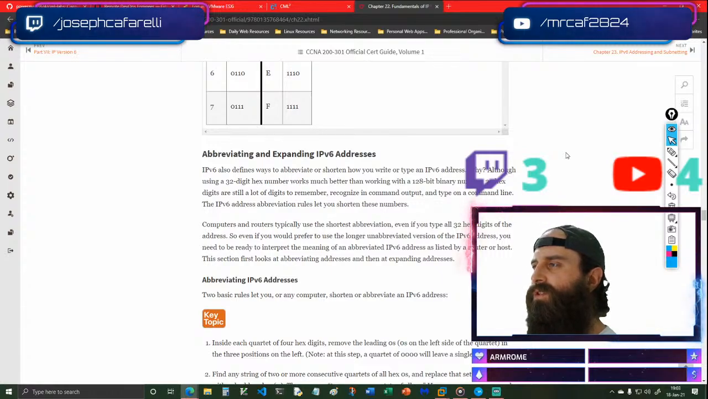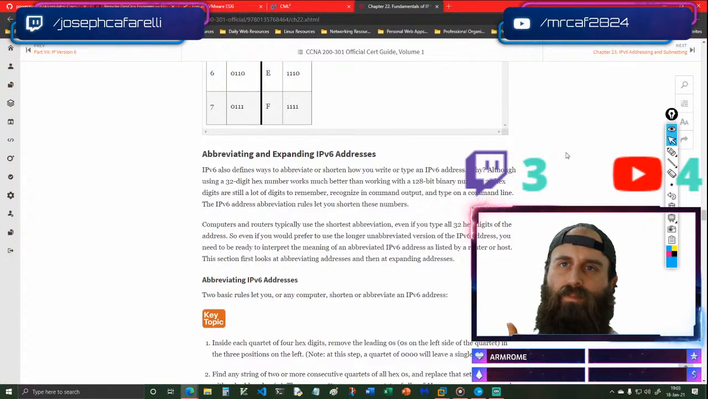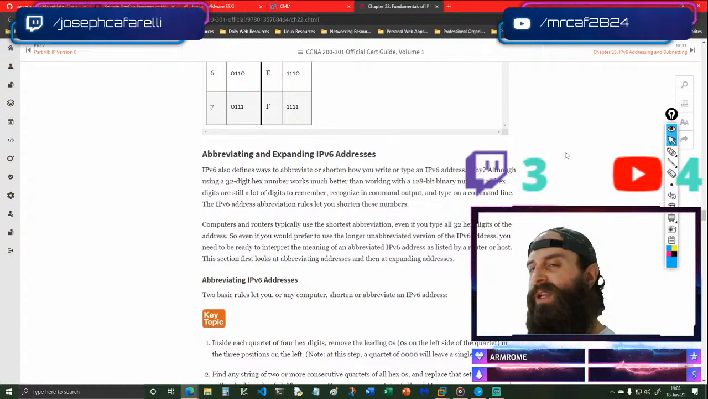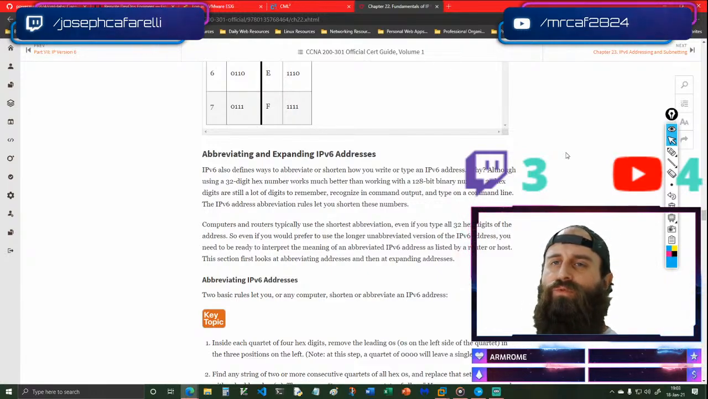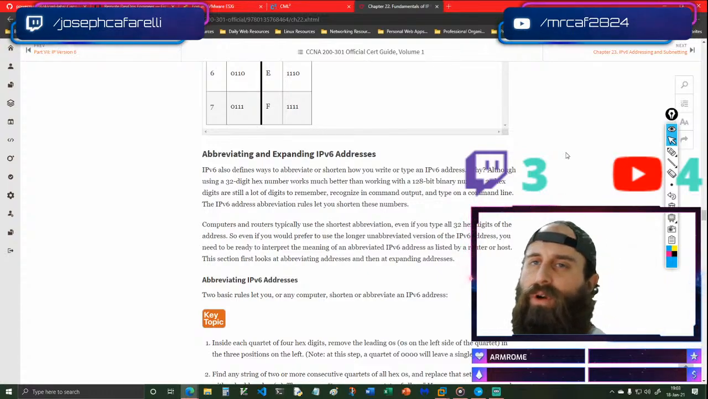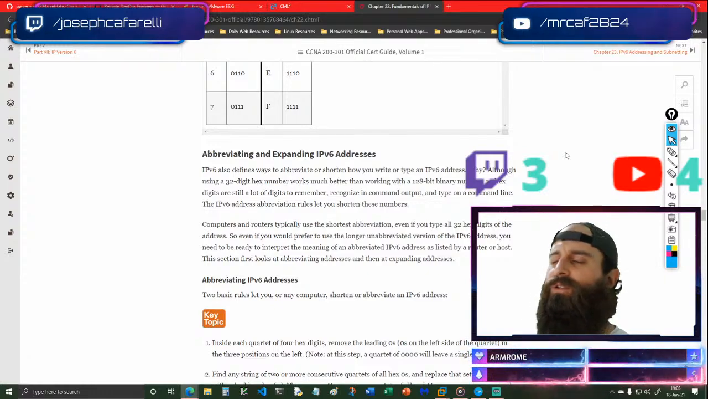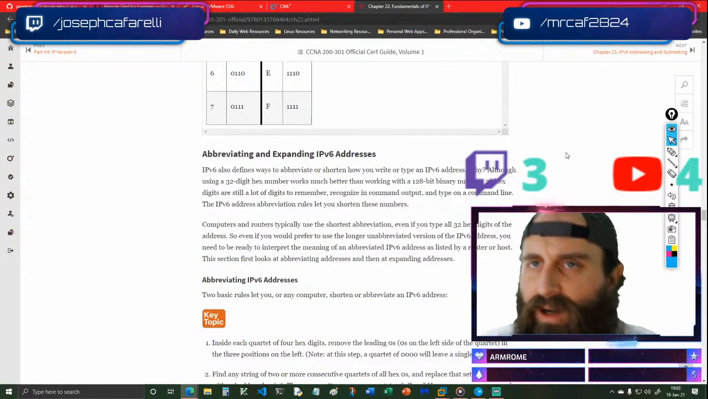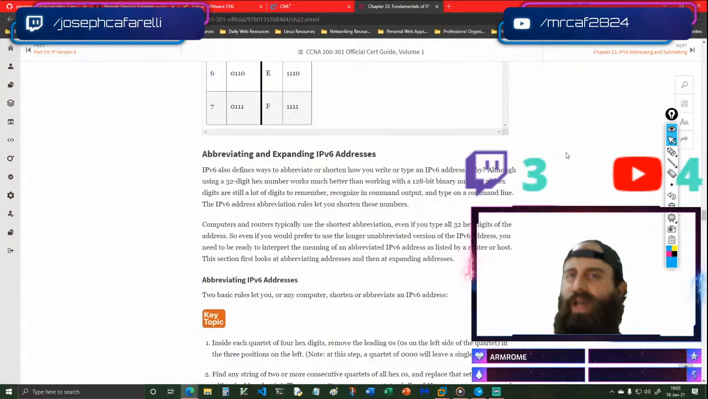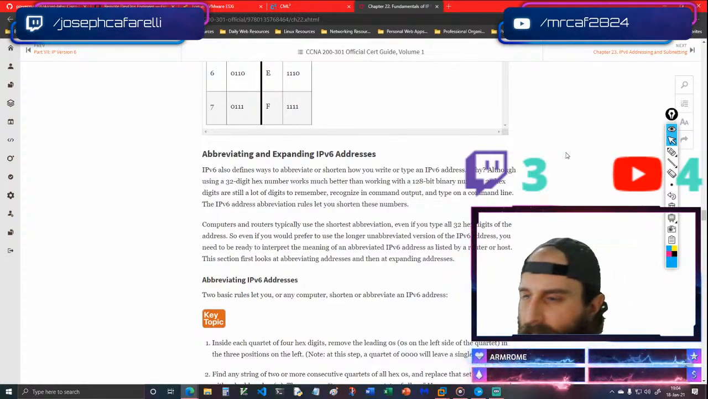This section first looks at the abbreviation of addresses and then the expanding of addresses. So it's pretty much stating that even if you would like to write it with the 32 hex digits, computers, routers, and everything else are going to abbreviate that in their outputs. So that's the reason why we have to learn how to understand and interpret an abbreviated IPv6 address because of